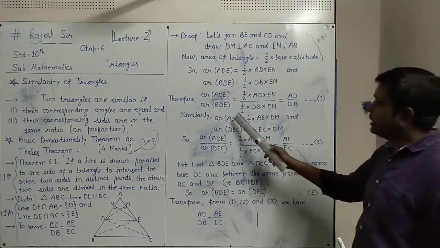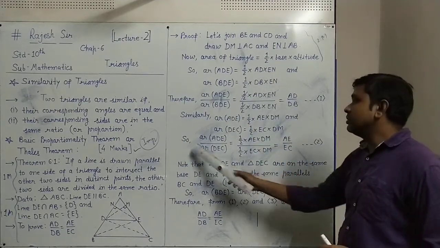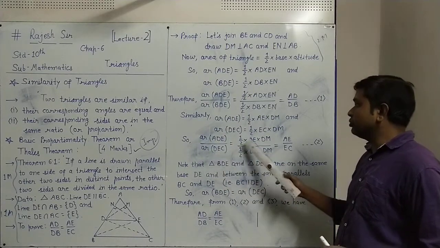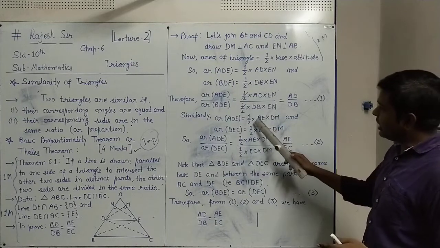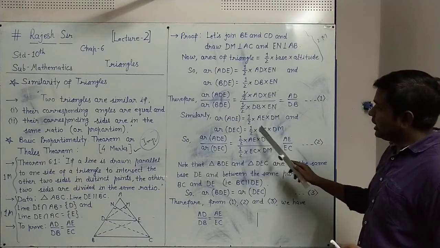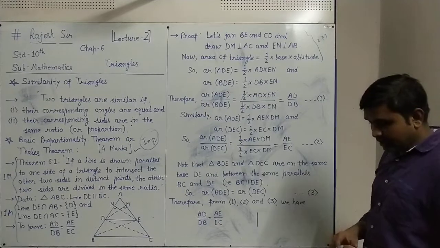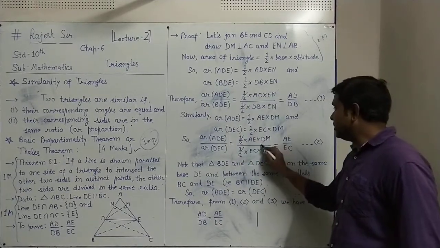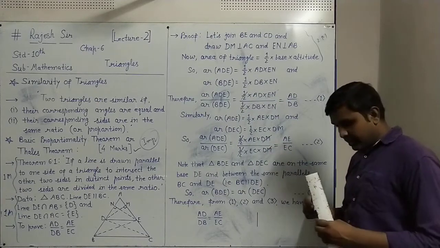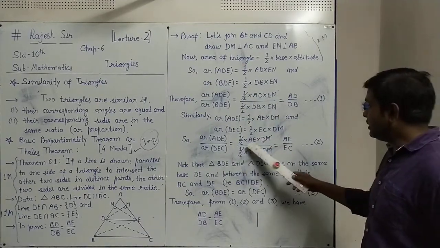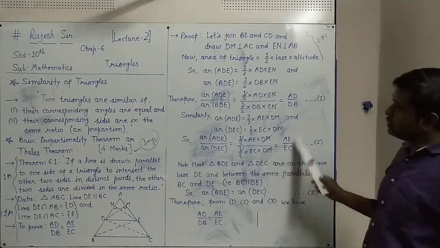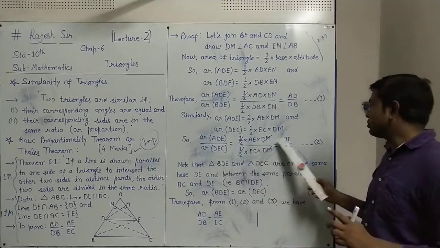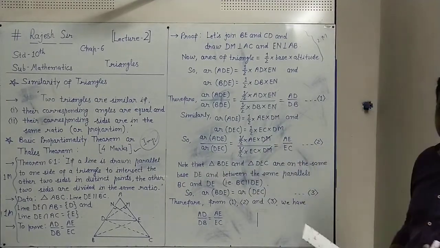Again, in a similar way, we take the ratio of these two results. So area of triangle ADE upon area of triangle DEC equals, on the right side, half AE into DM up and half EC into DM down. Here also, in a similar way, half up and down cancel, DM cancels up and down. So what is remaining? AE up and EC down. So what is the overall result? We have area of triangle ADE upon area of triangle DEC equals AE upon EC, result 2. Right?